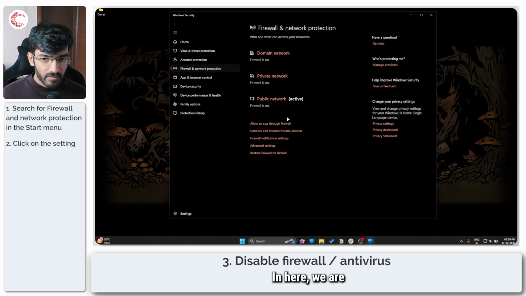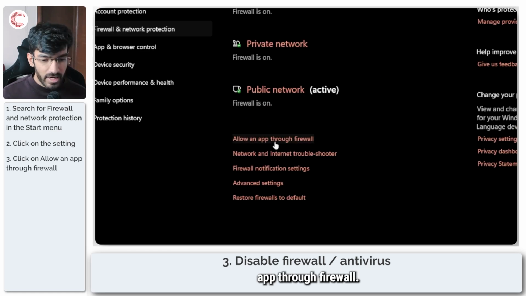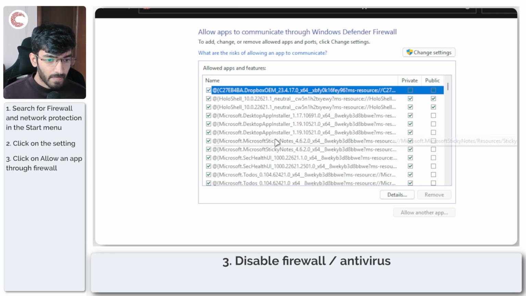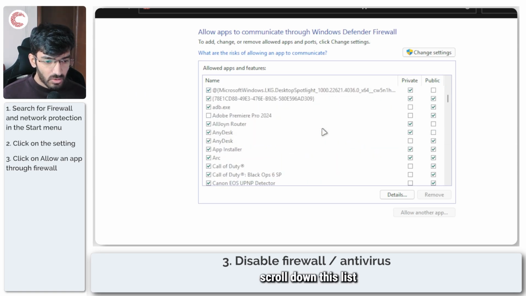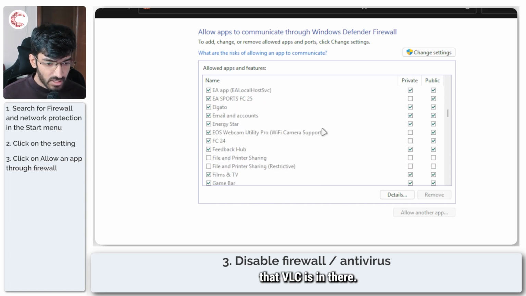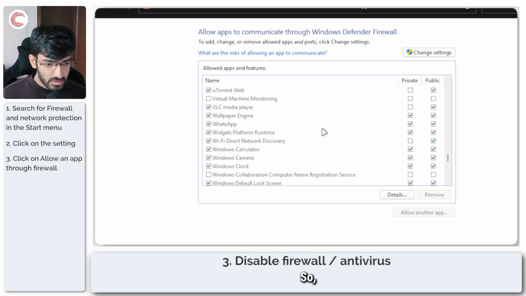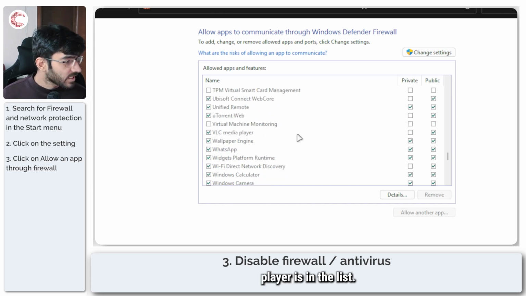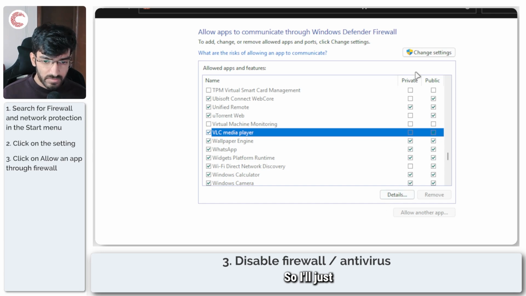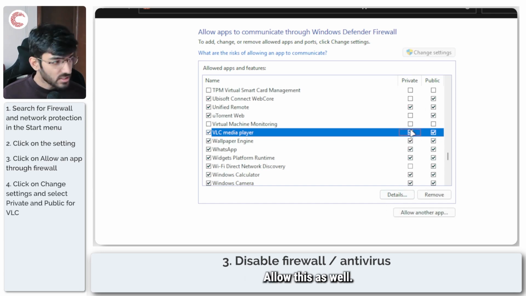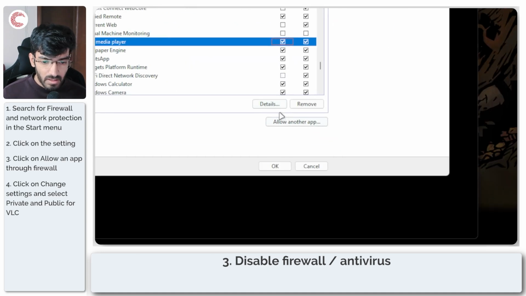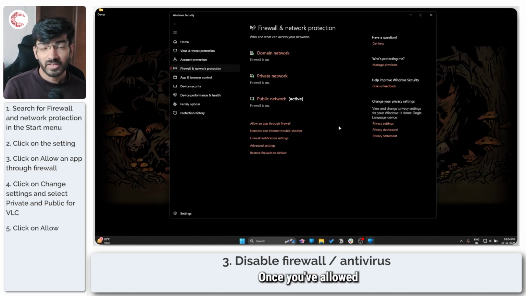In here, we are going to zoom in and click on allow an app through firewall. Now just scroll down this list and make sure that VLC is in there. So as you can see, VLC Media Player is in the list and it's allowed to communicate over public networks but not private networks. So I'll just click on change settings, allow this as well, and click OK. Once you've allowed VLC through the firewall, it should start working fine, but in case it doesn't,